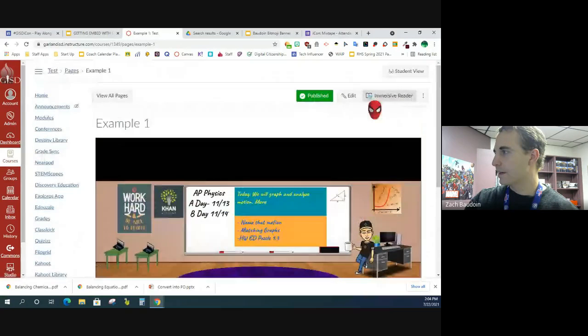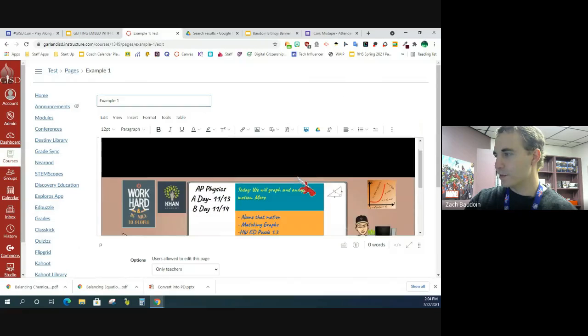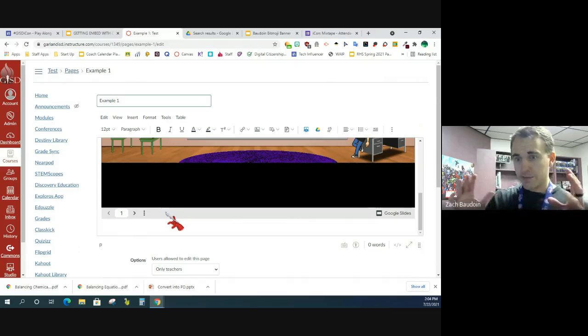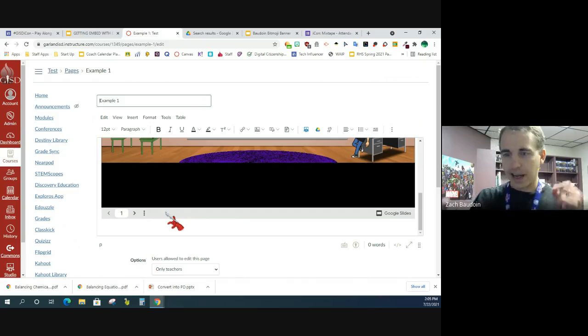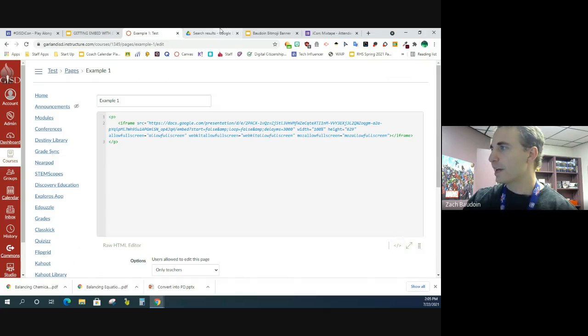Okay. Now you can also remove that navigation bar. This is extremely useful if, say, you have embedded one of those Google Slides find-me things, escape rooms where they have to click on certain things to get out. Well, that doesn't really work if they have a navigation bar. They can navigate it, right? You can remove the navigation bar,